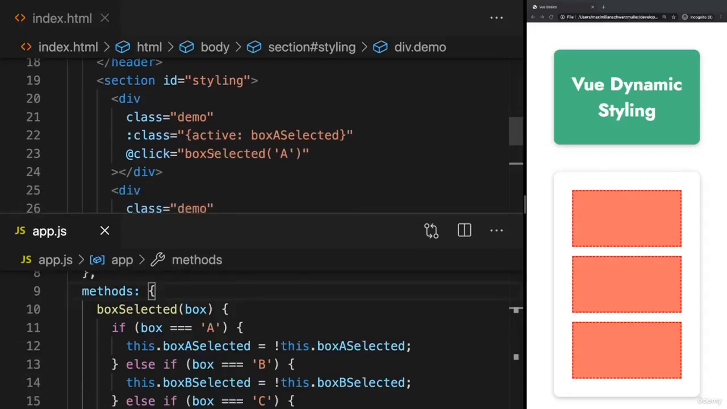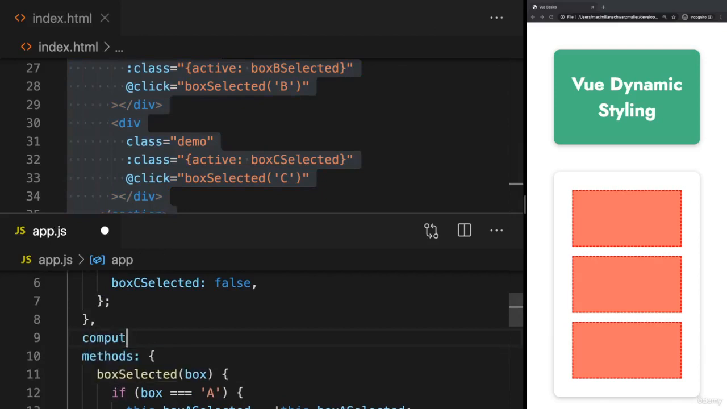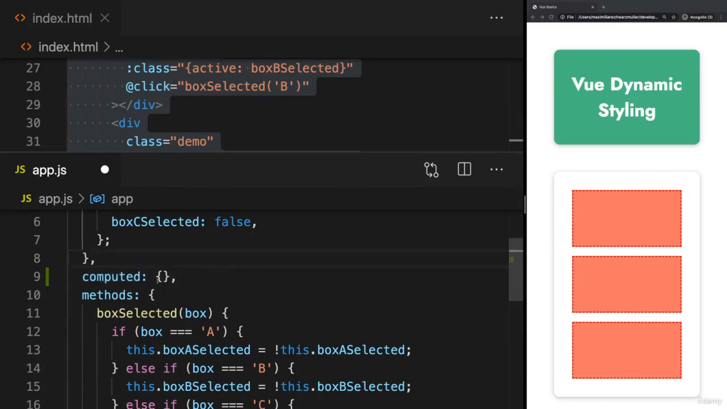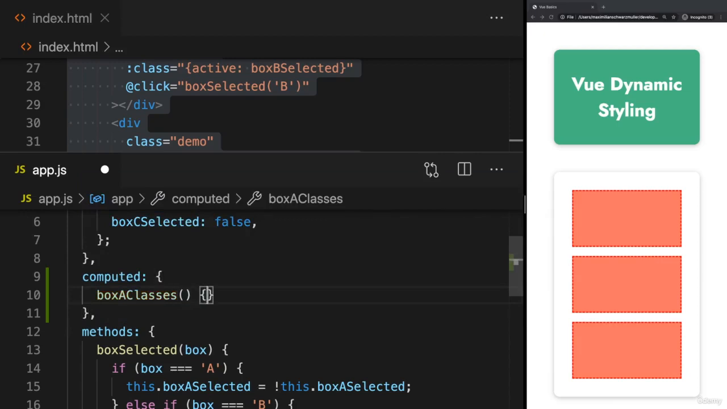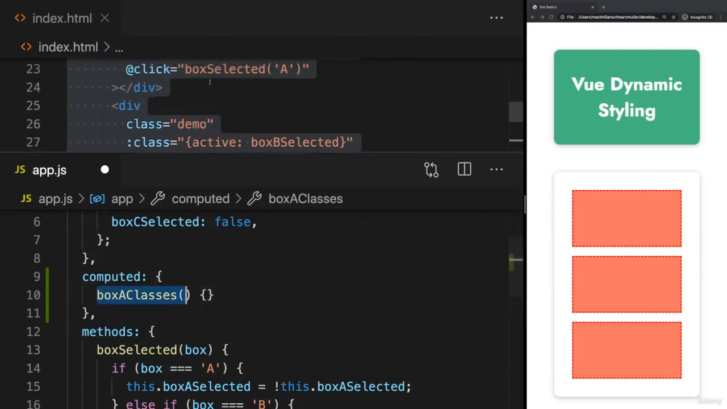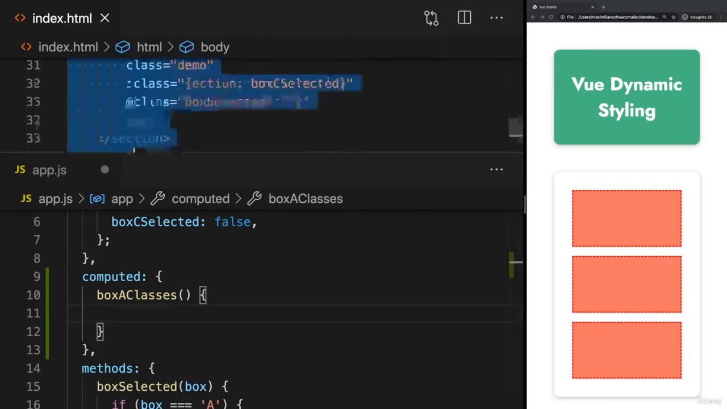Now you can also utilize computed properties here if you want, because I mentioned having logic in the HTML code is suboptimal. Now for this class binding it actually is okay, but if you want to move this logic out of the HTML code, well, you can simply add computed properties here in your viewConfig object by adding the computed key, and in there any name of your choice like boxAClasses, because here I want to derive the classes that should be added to box A,